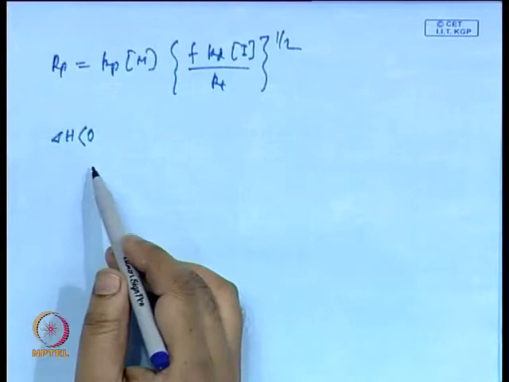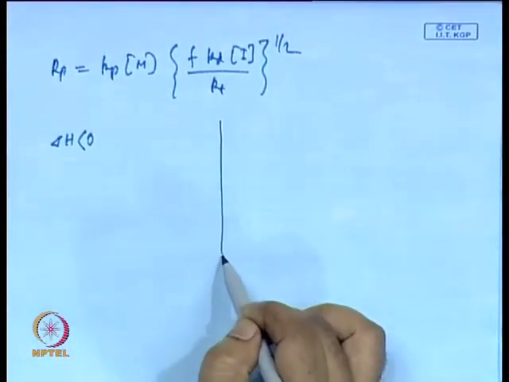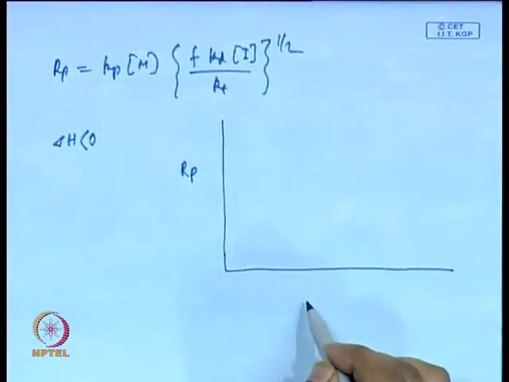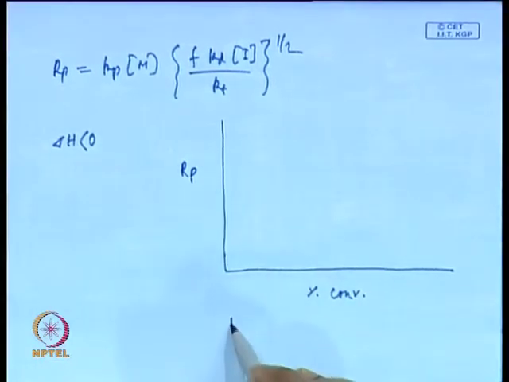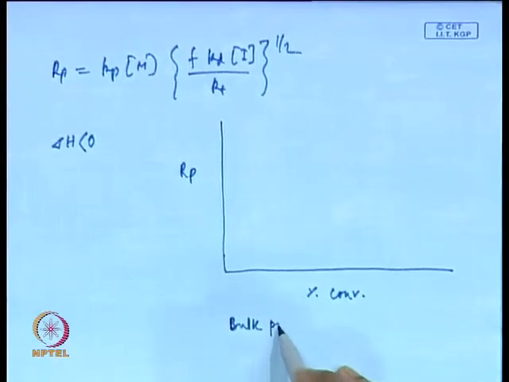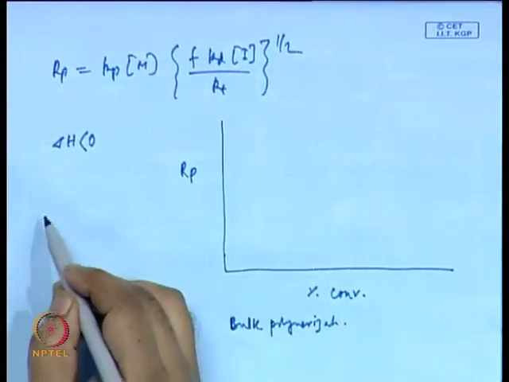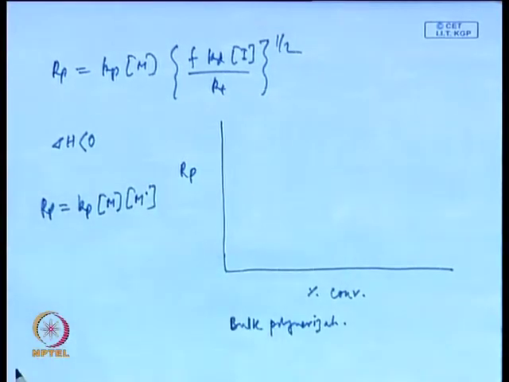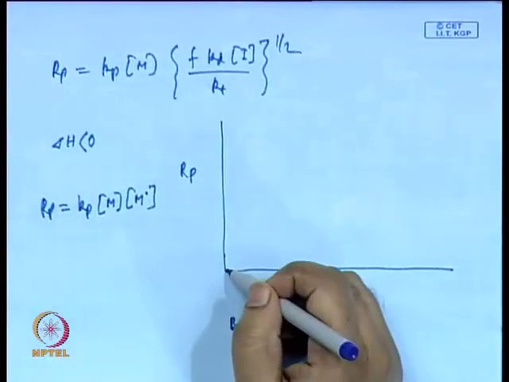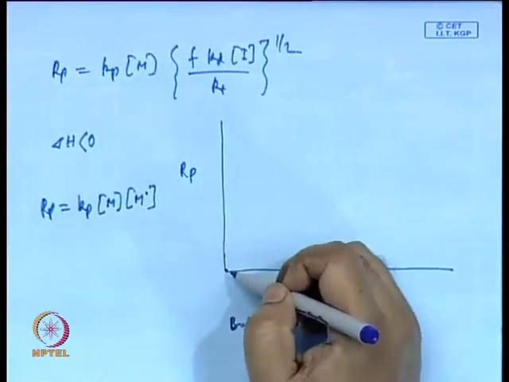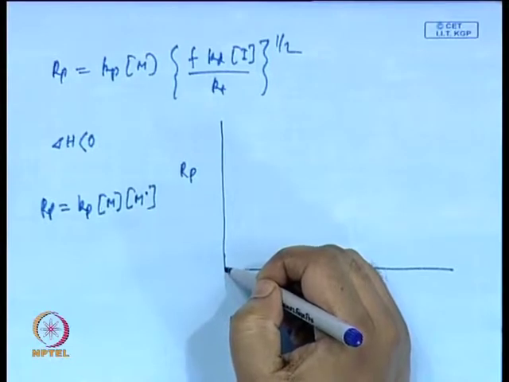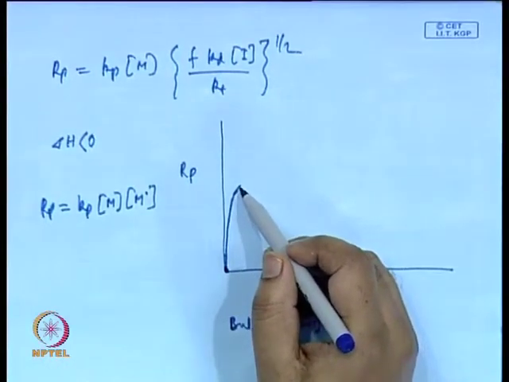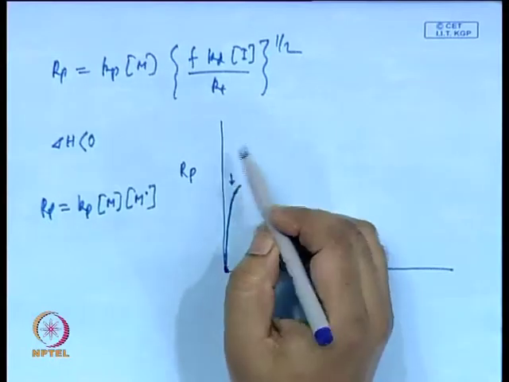Now, if I consider this, then how will this rate look like? So, let us plot Rp versus conversion for a bulk polymerization, that means up to 100% conversion. Again remember Rp is Kp M M dot. Now, initially before the steady state happens, M dot increases slowly. So, with very low conversion it will take a little time for the steady state to happen. So, that is the transient